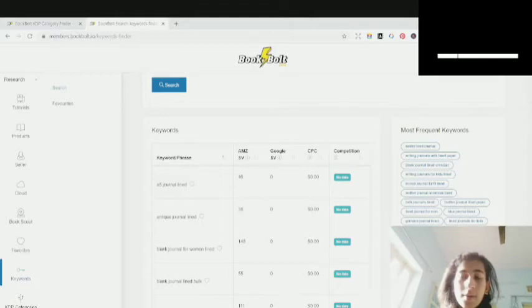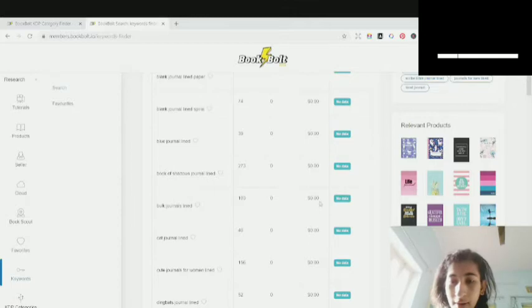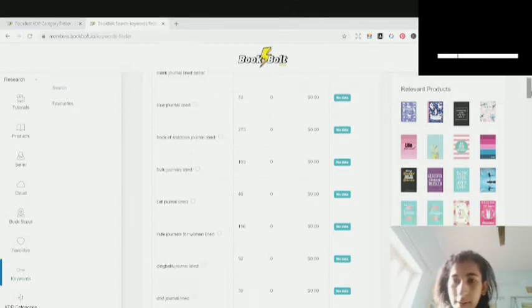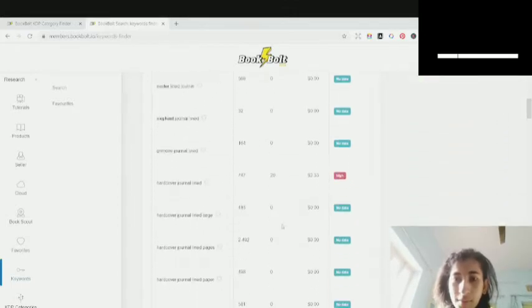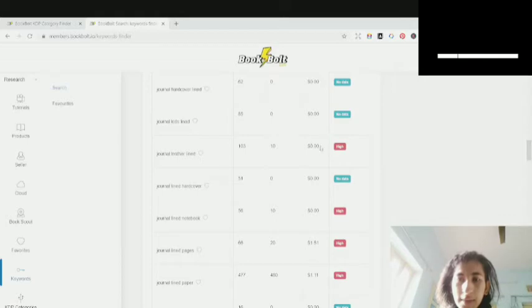Let me just scroll down and we're going to see. You can see the CPC is varying over here. Like here is a $0. Let me scroll down. So here the CPC is $2.33, and the Google search volume is 20. So this is high competition. That's the hardcover line general. This one, again, the CPC is very low, and the Google search volume is at 10, but the